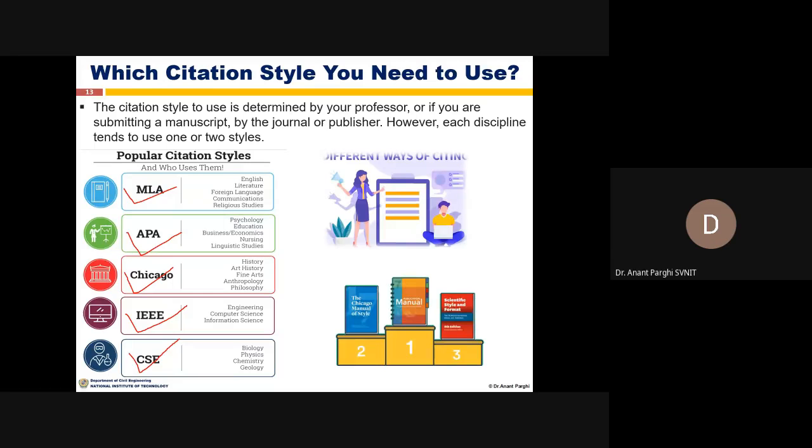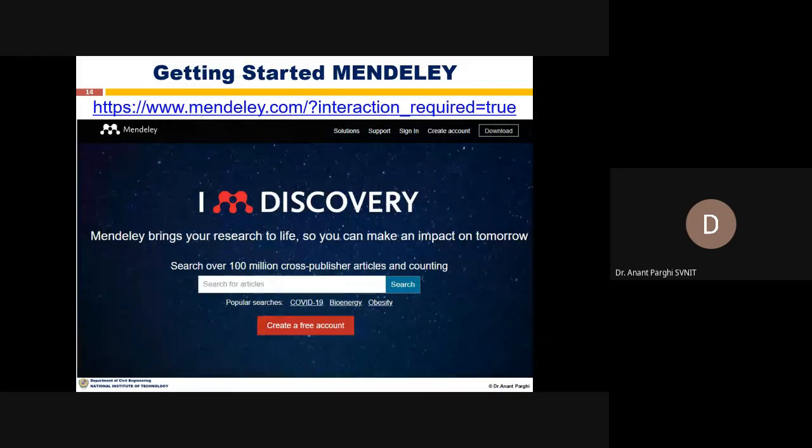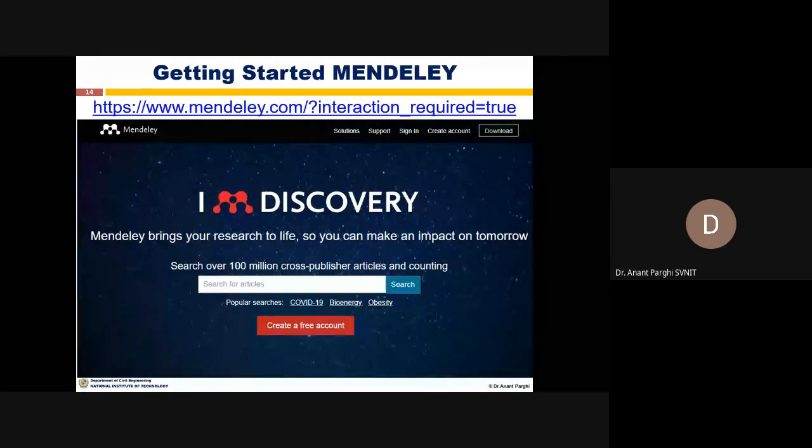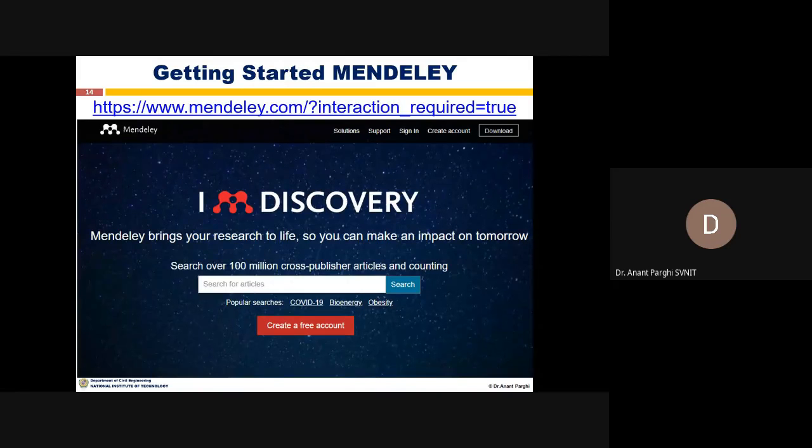So up till now, is it clear what kind of citation is available? What are the references? What is the citation? Right? How to use all the citation, right? So now we'll demonstrate and get started with Mendeley. So how can we get started with that particular Mendeley, right? For a few minutes, let's say 15 minutes, we'll discuss the basic theory of Mendeley: how we can do the citation, how we can develop the reference style also, we can discuss a little bit of theory. So in this particular website, once you click it, it will bring you